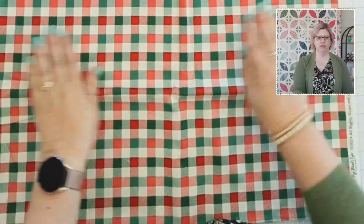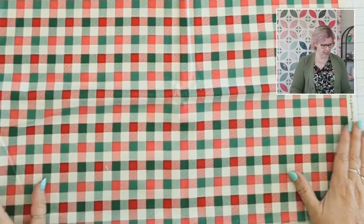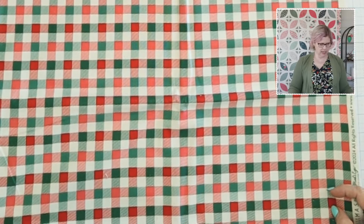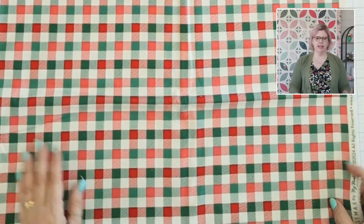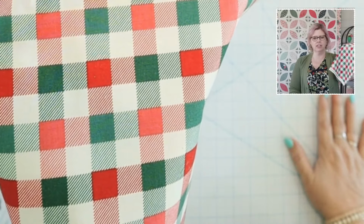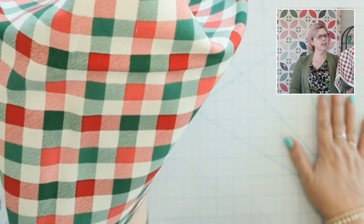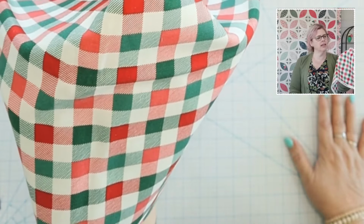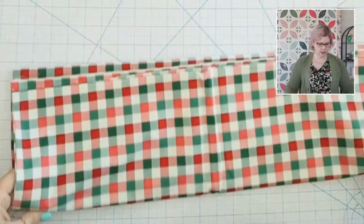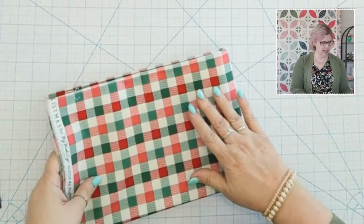This would even be cute as the back of a quilt, but I'm using it as the binding on my quilt, and I just think it's really sweet. I love the shades of red and green in that. Let's see if I can show it to you, and it looks kind of vintagey too. It's like pinks and reds and a couple shades of greens. It's really sweet. So this is Merry Little Christmas from My Mind's Eye and Riley Blake Designs, and that's what